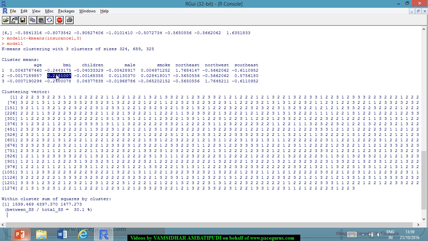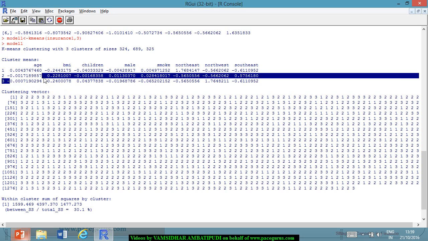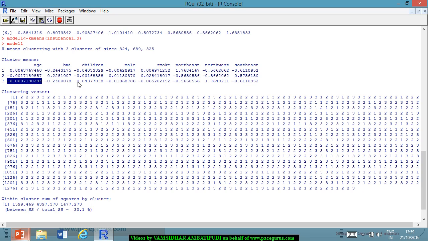Whereas cluster 1 and cluster 3, their BMIs are more or less similar. Whereas if you look at the cluster 2 characteristics, these are the people who are very young, but they have a very high BMI. And from a children perspective also, they don't have too few or too many children. But if you are looking at cluster 3, who have lesser BMIs, who have moderate age, middle-aged people, but have more number of children,